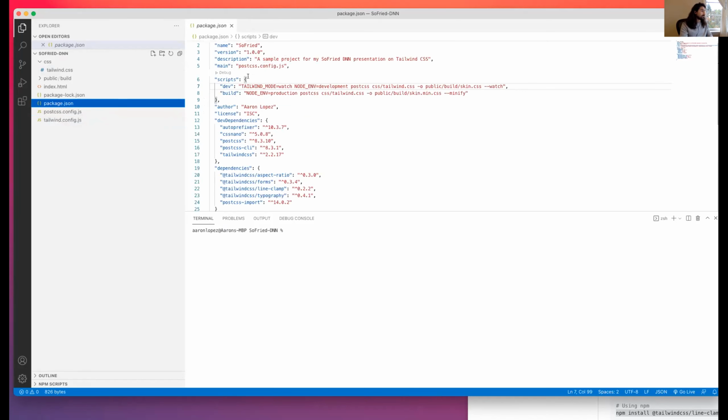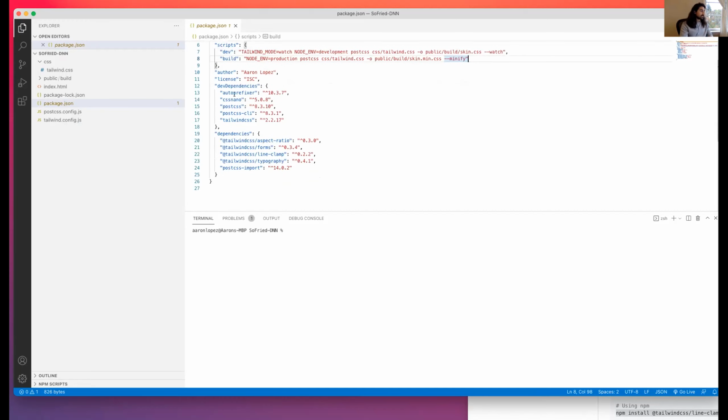And then I've got package.json with a couple of scripts. One script is just a watcher. When I develop, I just have this watcher running, and it's watching what I'm doing in my build. Then I have a build, which is just the production build, and it minifies it. That's pretty much the only difference.